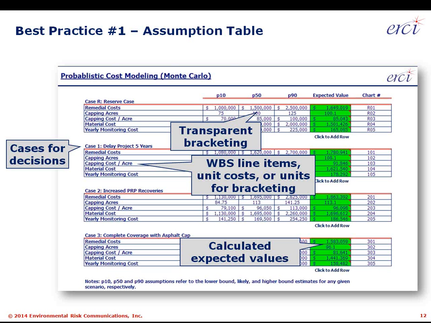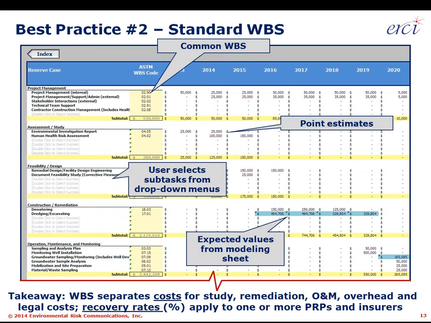So the process includes, as you see, the call-out boxes, transparent bracketing, work breakdown structure line items, and unit costs that are built out for bracketing, and then explicitly calculated expected values. This also makes it easier to correlate the assumptions, a process that I'll state in a little more detail further on. Where those numbers came from is this next slide, and the title of this is Best Practice Number 2,